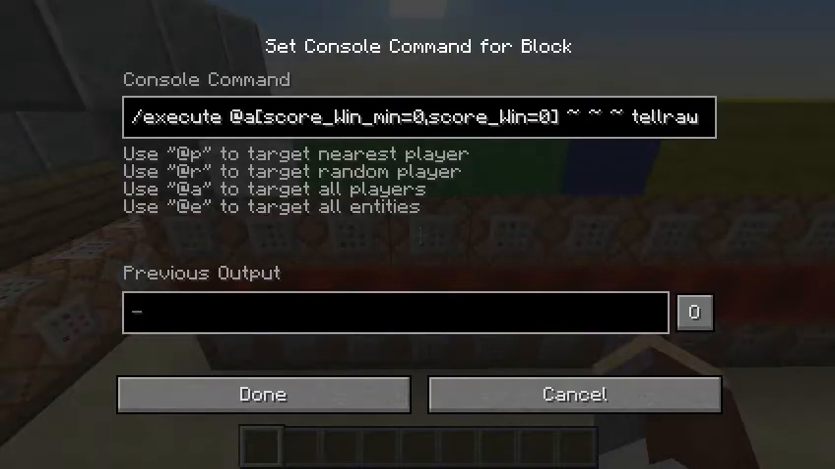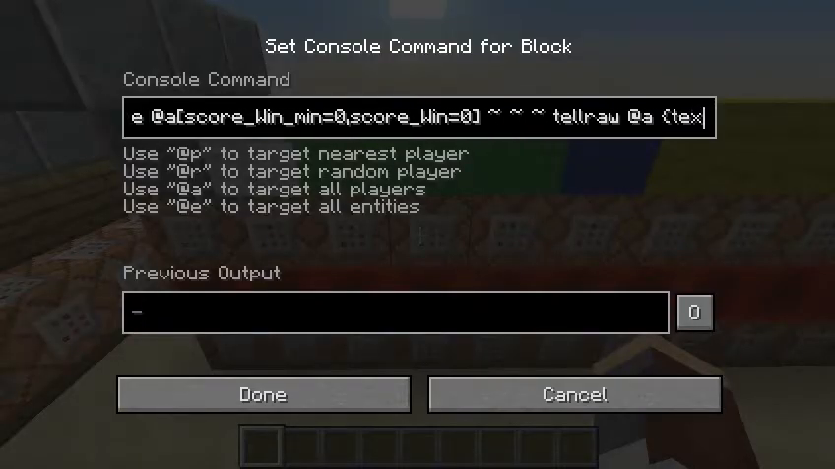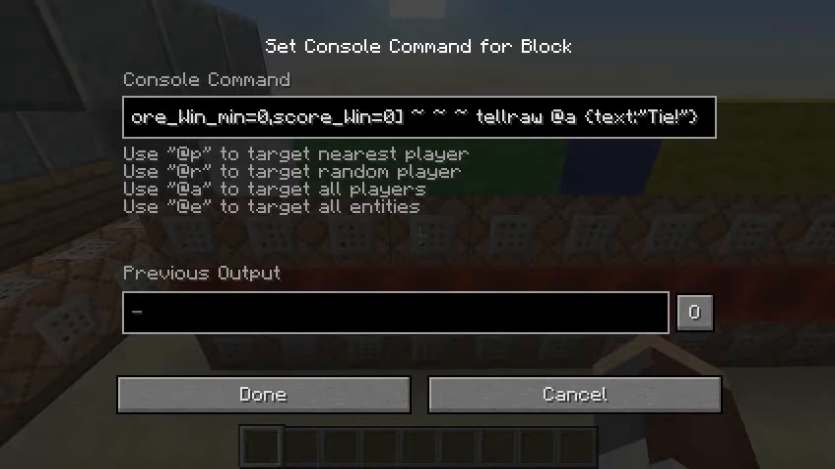And this is going to execute everybody who had a win score of 0 and tell everybody that it's a tie. So what this means is if red had 10 and blue had 10, 10 minus 10 is equal to 0, right? It's a tie. So then it executes at me, who now has red score, which is 0, and it's going to just say